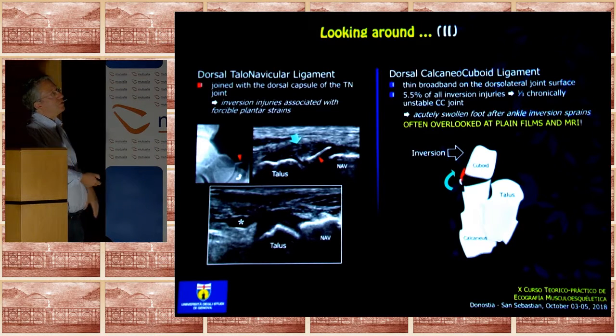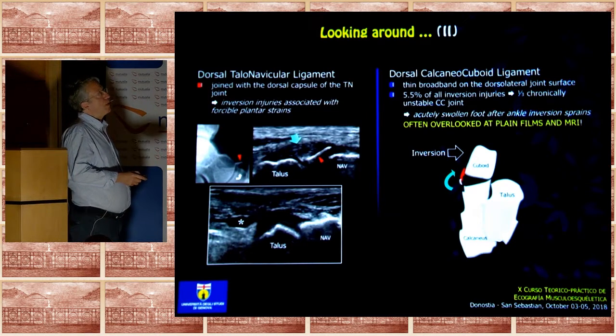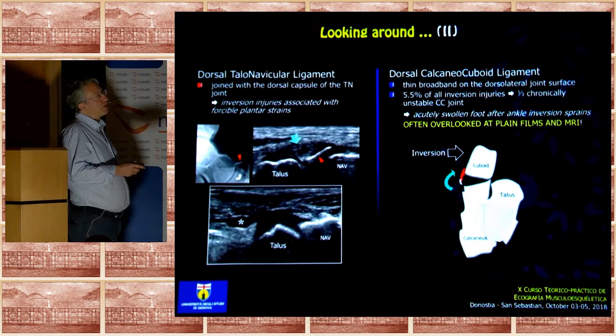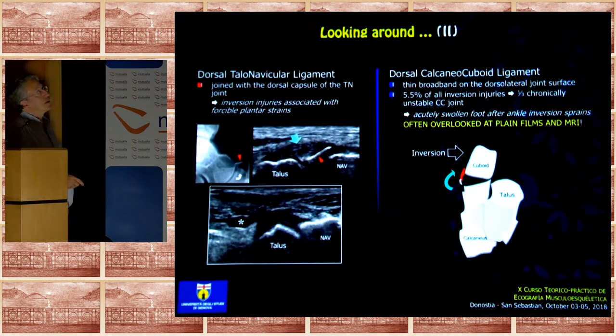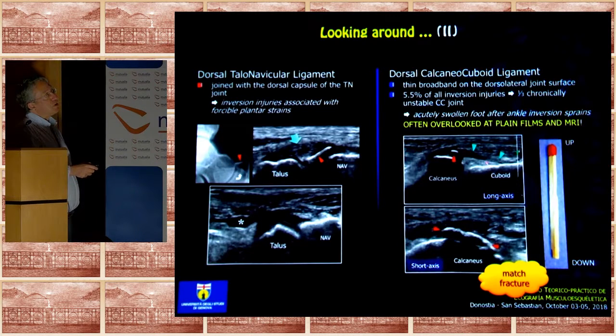It is a very broad ligament, and if we have an inversion injury, but the point of application of the force is not at the level of the ankle, but more anterior, you can have the disruption of the ligament. In general, you have the detachment of a small piece of bone from the calcaneus in continuity with the dorsal calcaneocuboid ligament. If you place the probe transversely, like this,